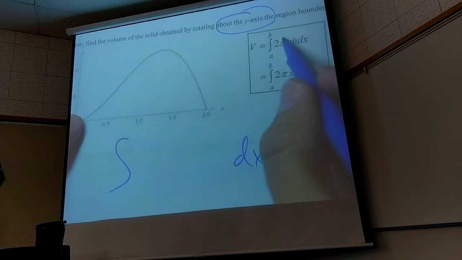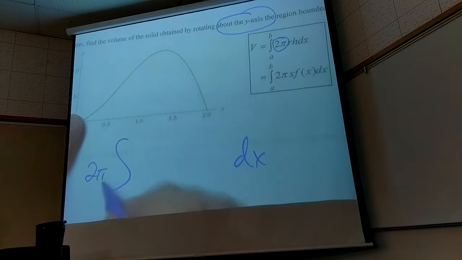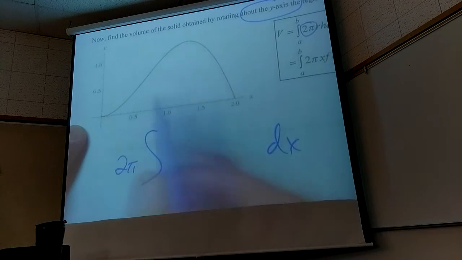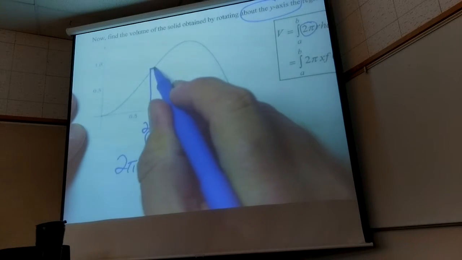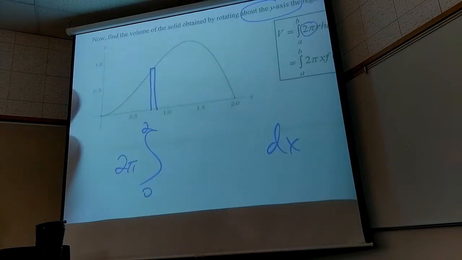Here's my 2 pi. What am I going from to? Now I've got a sketch to look at. 0 to 2. So for some arbitrary value of x, there's my little rectangle. And when I rotate it,